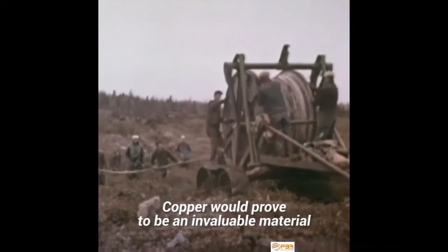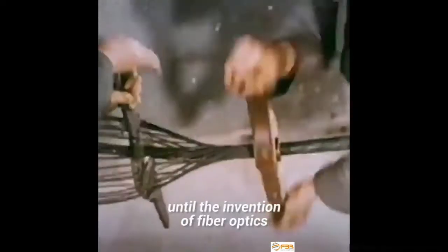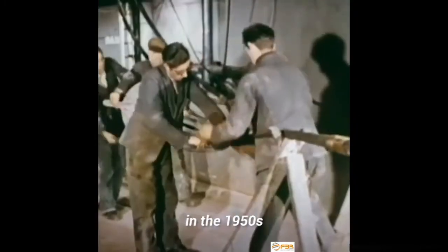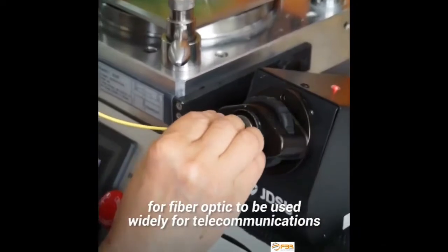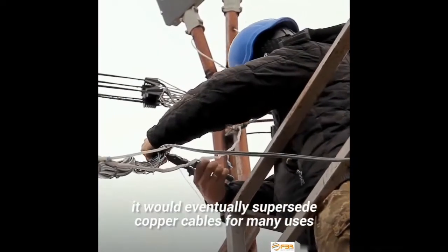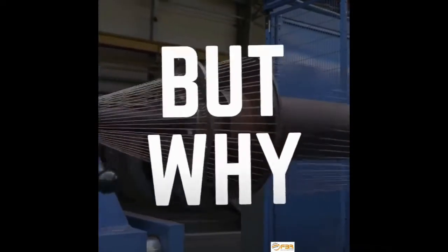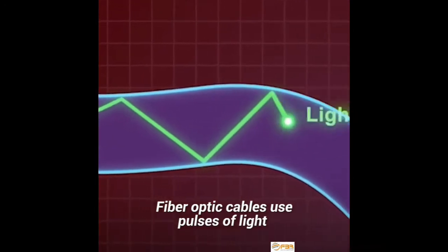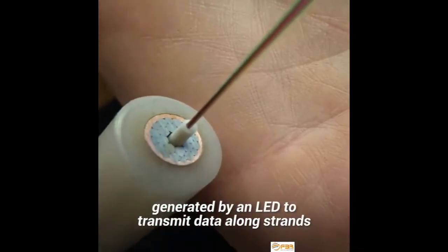Copper would prove to be an invaluable material for many decades to come, until the invention of fiber optics in the 1950s. While it would take several more decades for fiber optic to be used widely for telecommunications, it would eventually supersede copper cables for many uses. But why? Fiber optic cables use pulses of light generated by an LED to transmit data along strands of glass